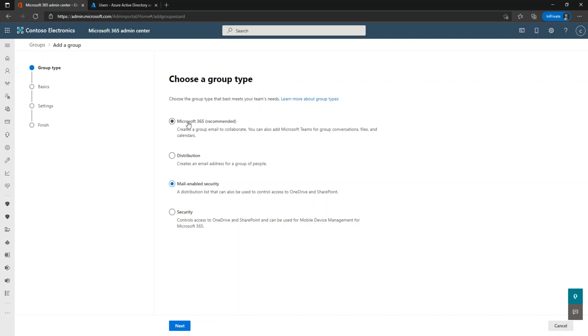The last one here is Microsoft 365. Guys, this is a special type of group which you can create for collaboration purposes. Consider a project where certain members of a team want to collaborate, share a bunch of documents, or work on the documents at the same time, also called co-authoring. Or they all want to conduct a meeting, maybe a video conference via Microsoft Teams, or simply instant messaging or chatting,